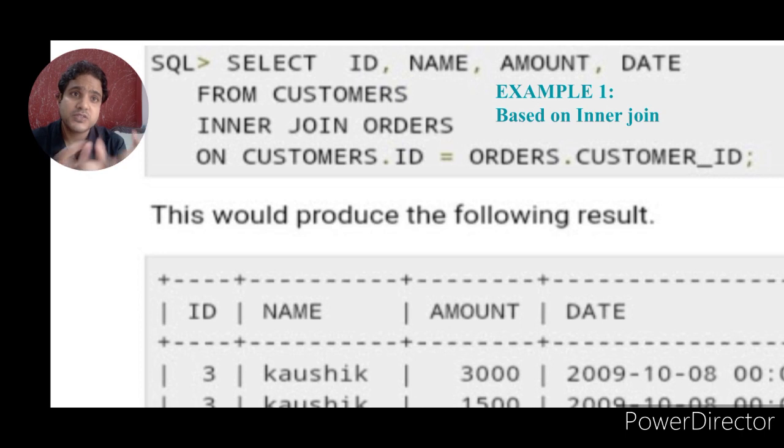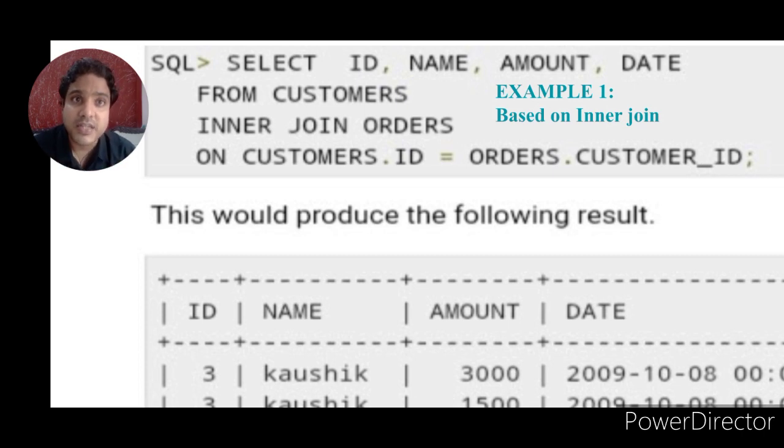To join customers with orders, we write inner join. Remember one more thing, we will not use a where clause here. The name of the join is used in place of the where clause. This shows how the customers table is joined with the orders table.